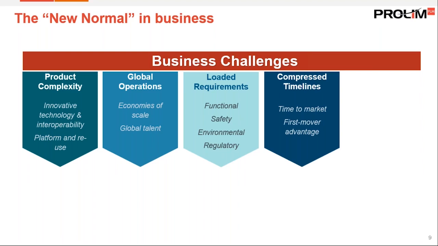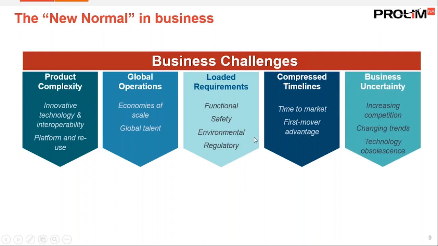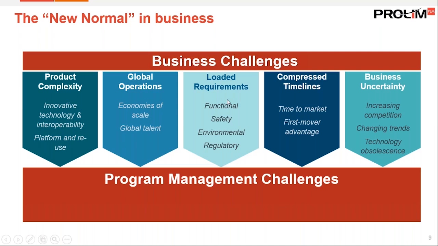And because now a lot of competition is there, we need to launch our product very soon, and the lifeline or life cycle of the product is also going down. And there is a lot of uncertainty in the market because a lot of new innovation and disruptions are happening because of technology or new players or startups coming in. And all those business challenges are finally driving program management challenges,